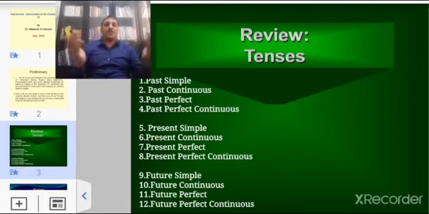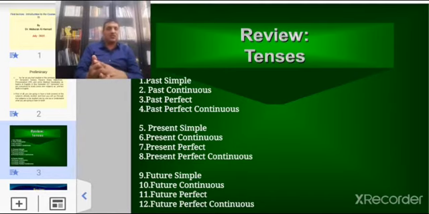Future simple. Actually, there we have modal verbs. We can say auxiliaries also, which are will, shall, and we can use will even for all. He, she, it, they, we, you, and even nouns or proper nouns like Ali, Ahmad, for singular and plural. The same modal verb, will, can be used for all.